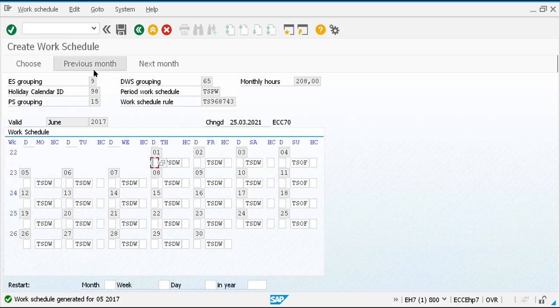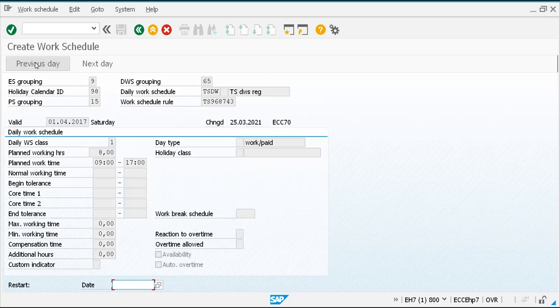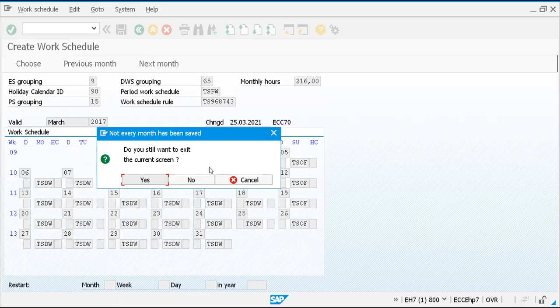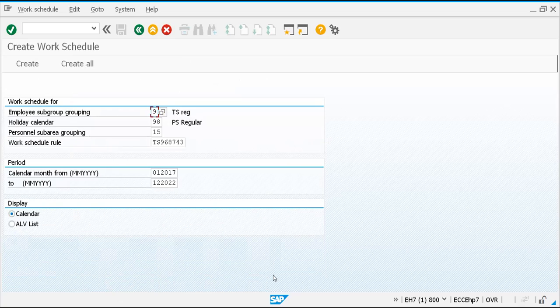I can go for previous month like this. I can check previous month, next month. I can check like this, or I can choose a particular date here. I will go back. I will go back once again. Do you want to still exit the current one? Okay, yes, I want to exit without saving,